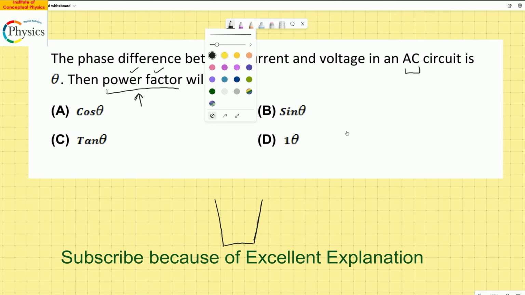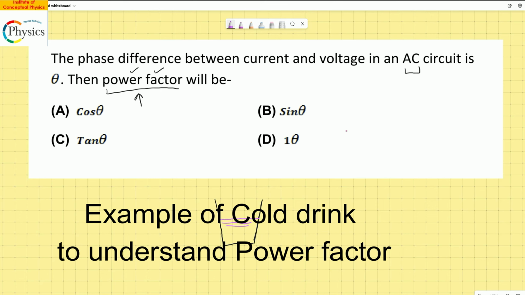Let's start discussing this solution based on conceptual knowledge. Thank you very much. Let's start discussing the concept of power factor. To do so, I will draw a diagram of a glass containing cold drink. This is a very interesting explanation, using the example of cold drink and the way it is poured in a glass. So, let's talk about the cold drink and try to understand the concept of power factor